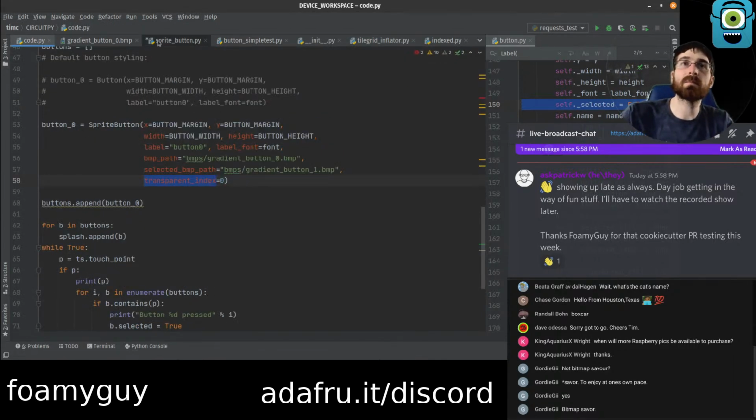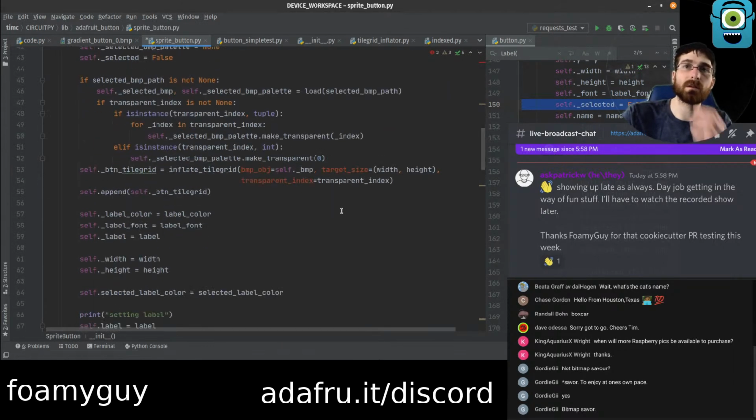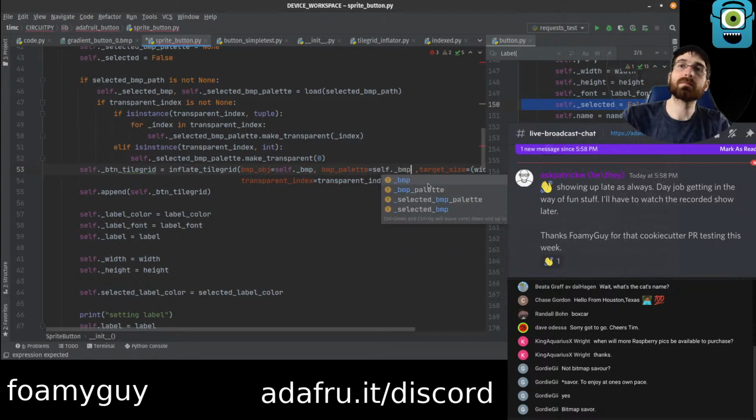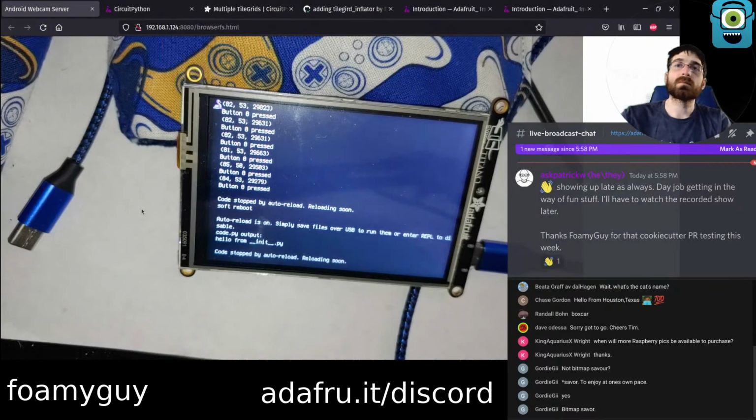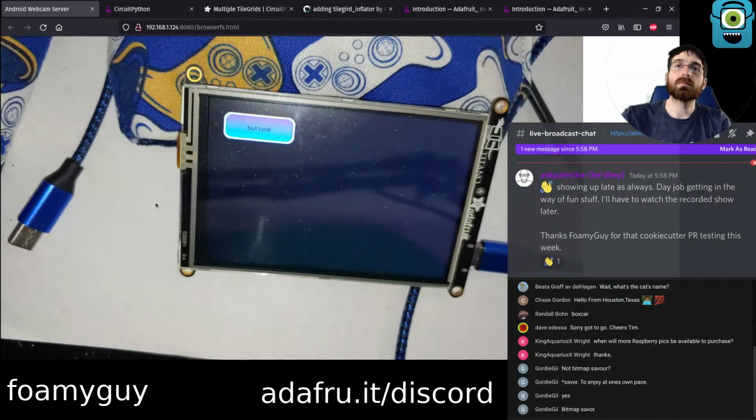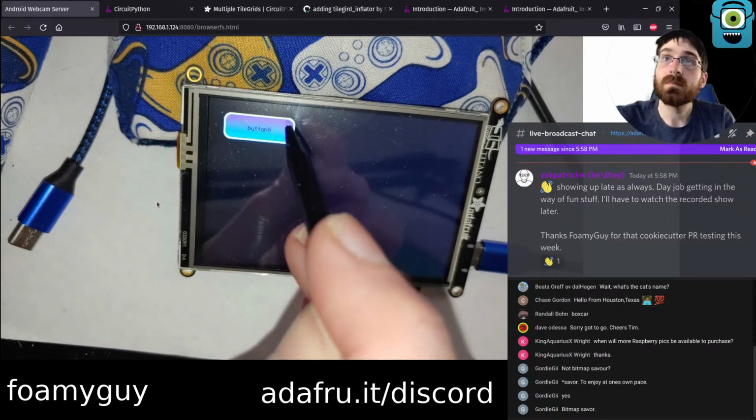Yeah, I think I probably lean that direction. For now, though, we can just fix it here by doing both of these instead. There we go.